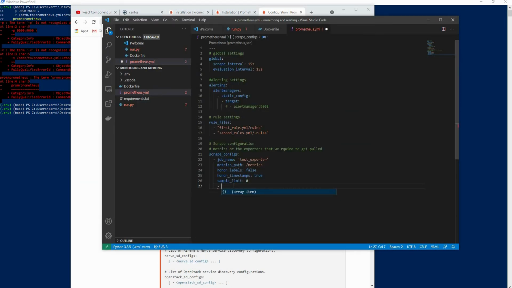Here I'll just add a target file, and in targets I have to again pass a list. You can pass it like this, or you can pass it like this. I'll just pass localhost and 5000. Yeah, and by default it'll go to metrics.